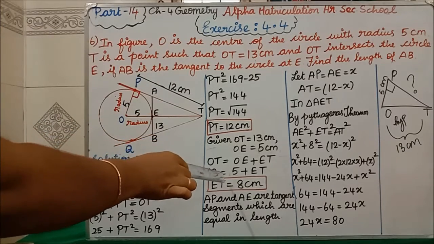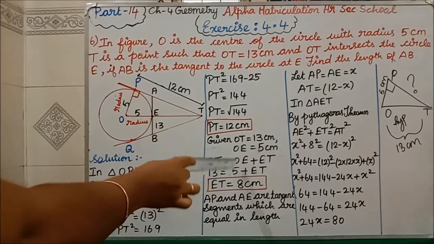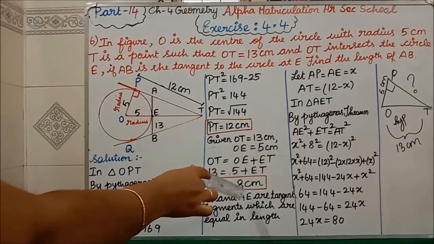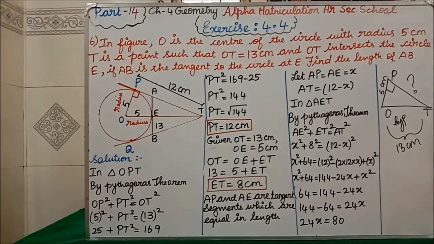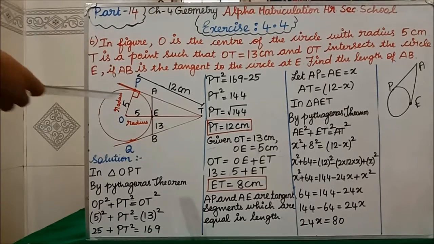I have written 13 equal to OE is 5 plus ET. If 13, if 5, if this side comes, 13 minus 5 is 8. So ET equal to 8 centimeter. Clear all of you? See, I have drawn this part separately. I have drawn this circle